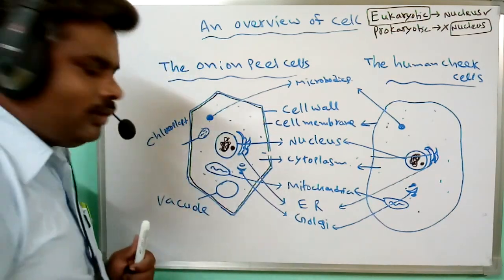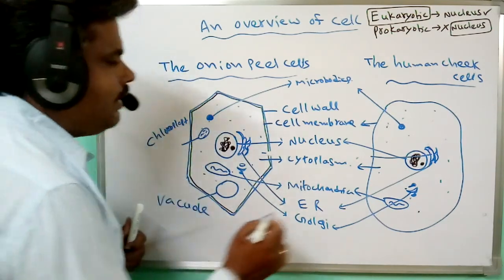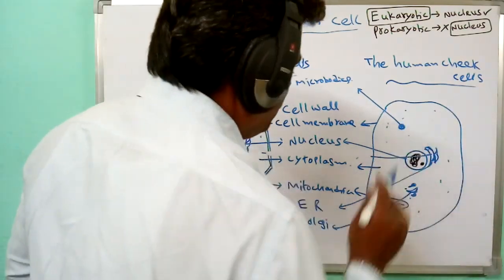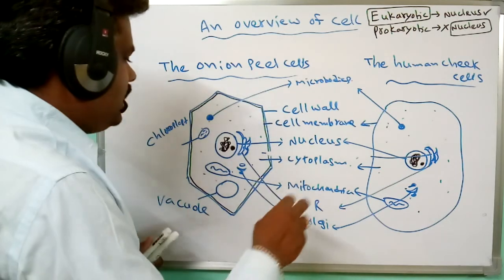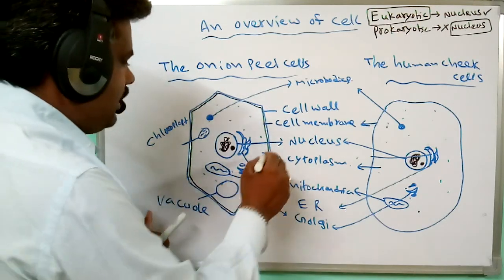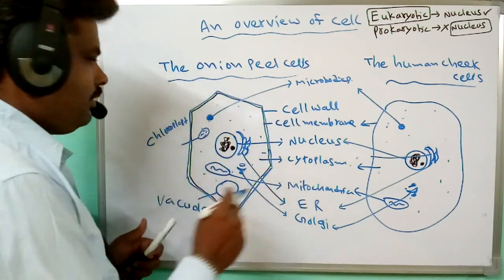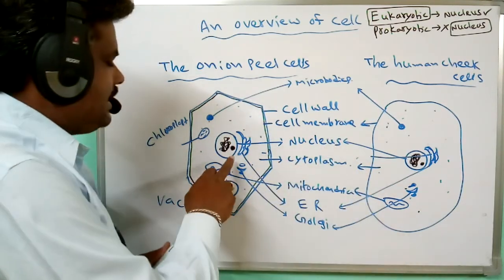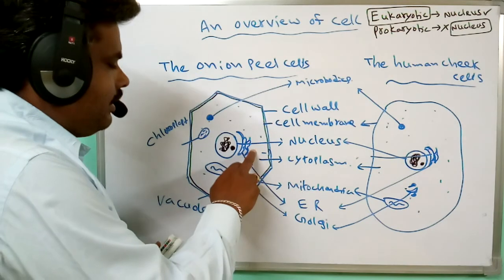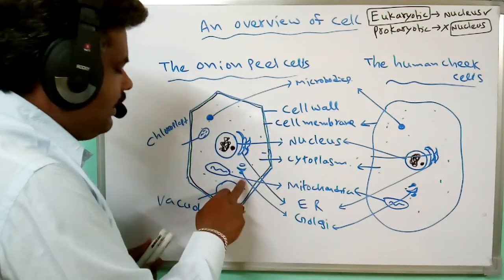Generally, the vacuoles and chloroplast are not present in the human cheek cells. So it is a typical animal cell. That's why the chloroplast is not present in that animal cell, that is, the human cheek cell. So besides the nucleus, endoplasmic reticulum, Golgi apparatus,